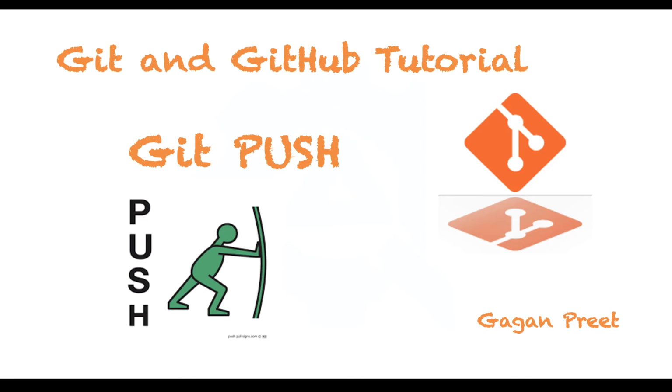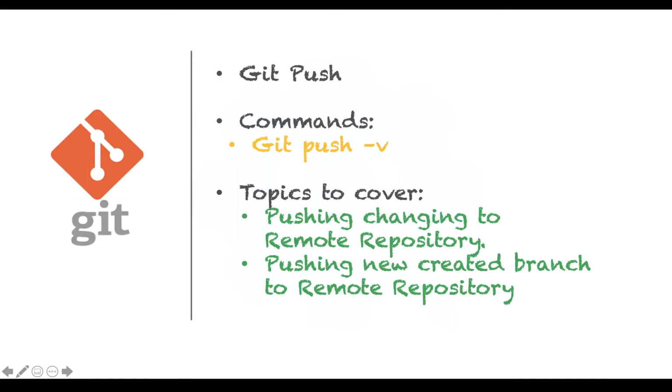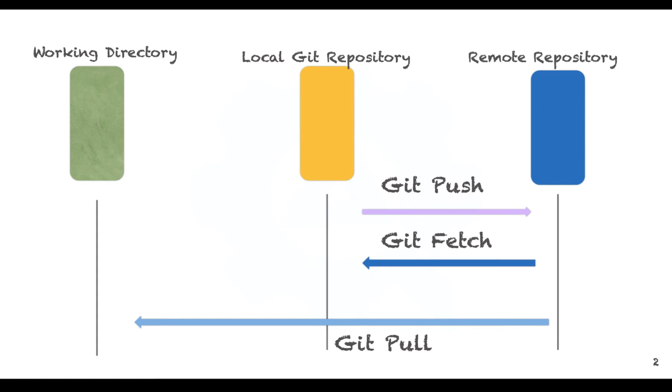So what exactly is a git push? In the previous session we have seen about fetch and pull operation, but what exactly is a push? Git push is nothing but pushing your changes from your local Git repository to the remote repository. For instance, if you have checked in some changes from your working directory to your local Git repository using a commit operation, and now you want to publish it on a global scale using a remote repository, let's say a GitHub repository, in that case you will be using a command called git push. So git push is just pushing your stuff from local to a public repo. That's it, nothing more than that.